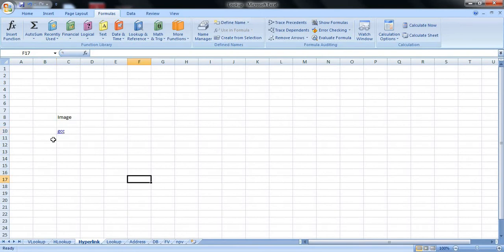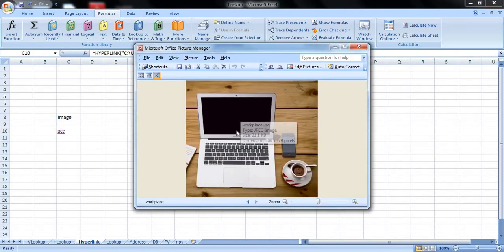So as you can see here, there is a word or there is a term called GCC available, and if I click on this, the image which I have connected will be opened. So this is how we can connect anything and everything with a text or with the objects available on MS Excel sheet. What I have linked now is the image.